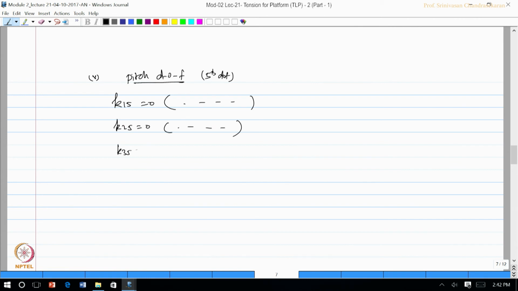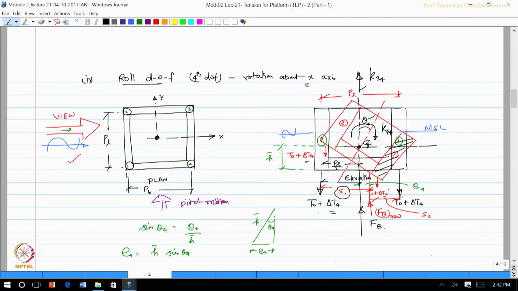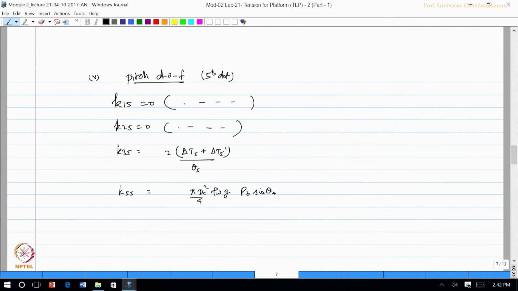K 35 is delta T phi plus delta T phi dash by theta phi, twice of this, and K 55 is pi DC square by 4 rho w g P b sin theta 4. You know, this dimension, when you look at this, will be P b, so P b sin theta 4 into 4,